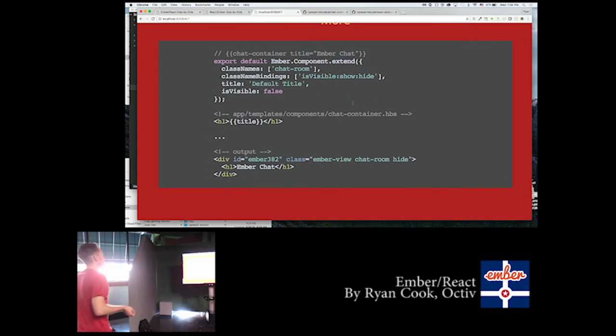So we'll do something similar in Ember. Ember doesn't have the whole concept of state versus props. Ember wants to just always keep your data in sync and modify it. So we'll pass in the same situation. We'll have a chat container. We'll pass in what we'll call a property when we talk about it in Ember. So this property, we're going to default it to default title, but we're overriding it when we pass this thing in